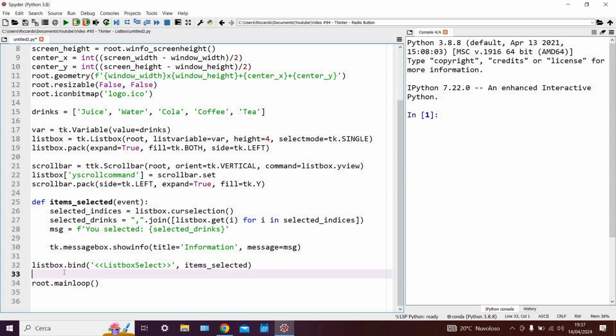Hello and welcome to another Python tutorial video on Tkinter where we will be looking at list boxes. These are a particular type of input widget which allows a user to select one or more items from a predefined list. As with our previous tutorial, which I invite you to check out at the end of this video in case you've missed it,